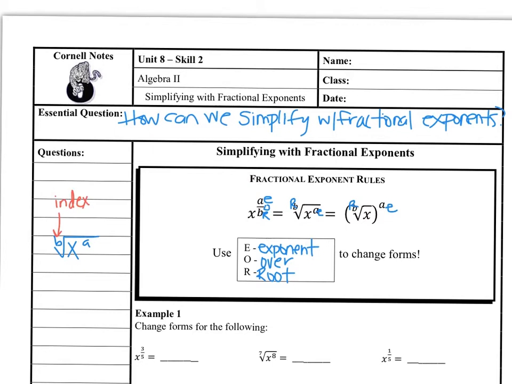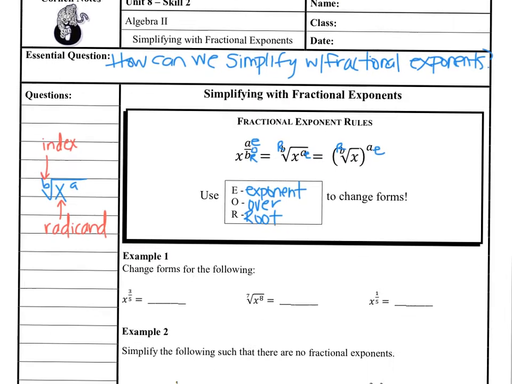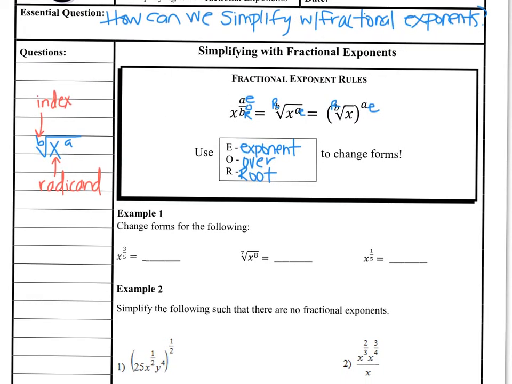And whatever's underneath, the term or variable, is also called the radicand. Think about radical as the same thing as a square root, so the number or term underneath the square root is called a radicand. So we're going to first change forms between an expression written in fraction form and rewriting it